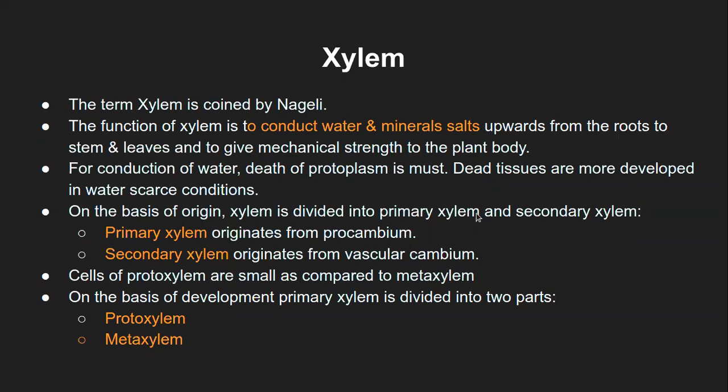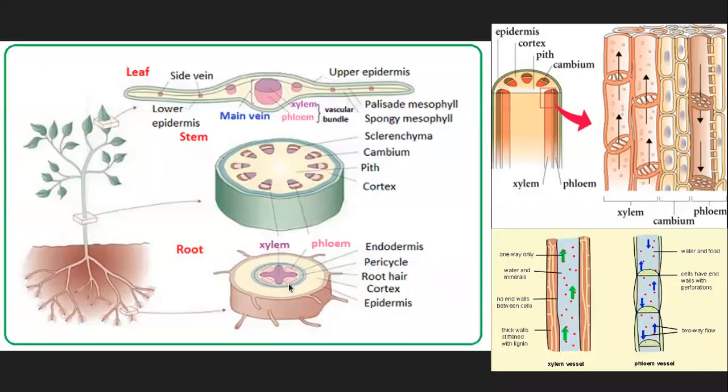So in all these cases, whether it's a primary xylem or secondary xylem, let's assume this is the growing part of the tissue and this is already grown part of the tissue. Forget the stem and root part. Structurally, they are almost similar. Let's assume this was the earlier version of the plant, which is cross section here, and this is the older version of the plant. Now, this will have protoxylem and metaxylem, which is coming from the procambium. This will also have protoxylem and metaxylem, which is coming from the vascular cambium. Did you get this now?